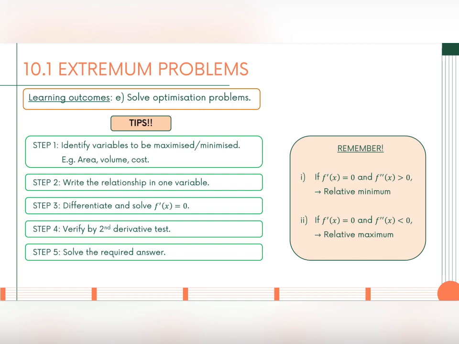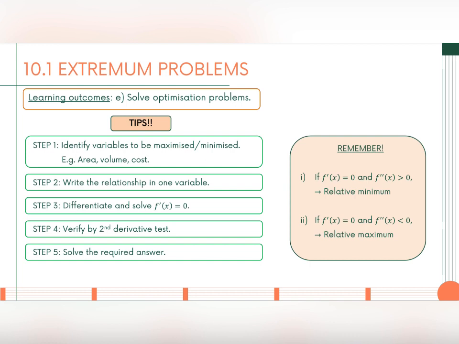Okay, and then after we identify, so we write the equation ataupun relationship in one variable. Okay, so kita write dalam satu variable. So contohnya soalan tu bagi kita surface area dan dia suruh kita maximizekan volume. So kita akan readjust supaya volume itu boleh ditulis in terms of one variable sahaja,